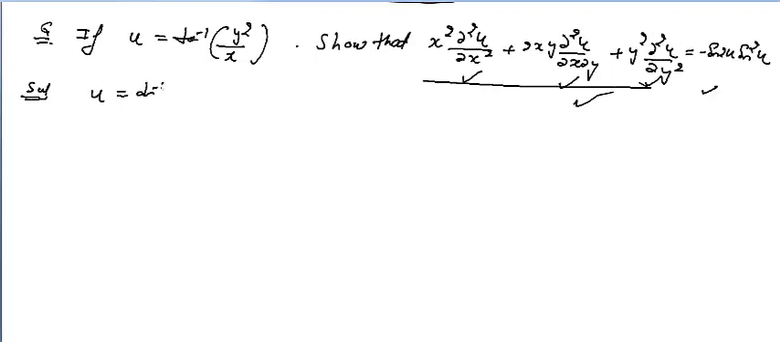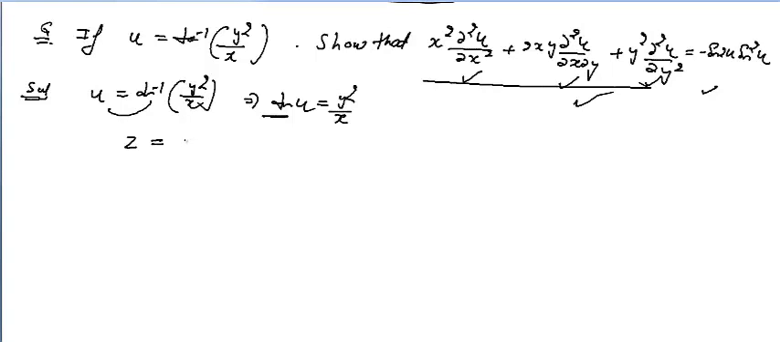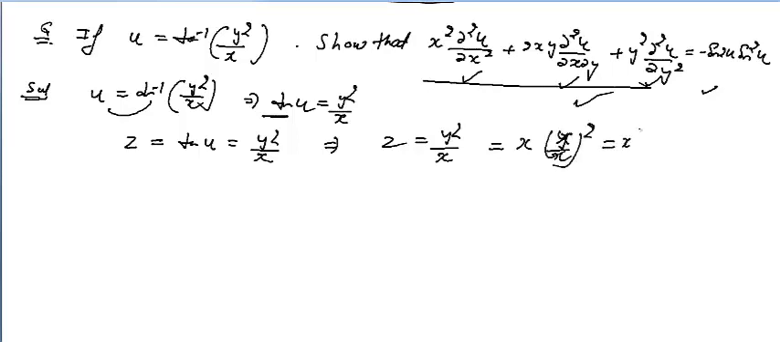Now you have u is equal to tan inverse of y square upon x. So this becomes tan u equals y square upon x. So I will take tan u is equal to z. Correct? So what you will get? z is tan u, and it will be y square by x. So you have z is equal to y square by x. If I take x common, you have y by x whole square. So this is x raised to power 1 times a function of y over x. So here z is the